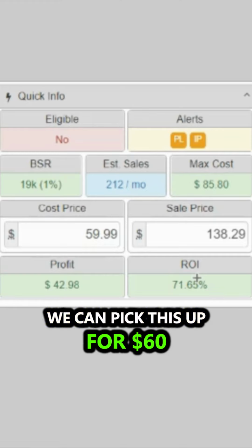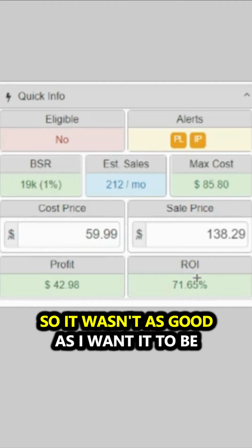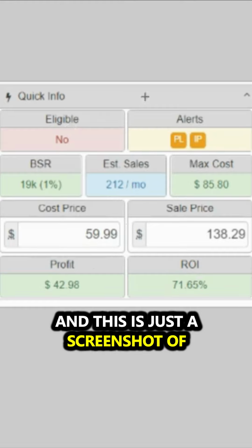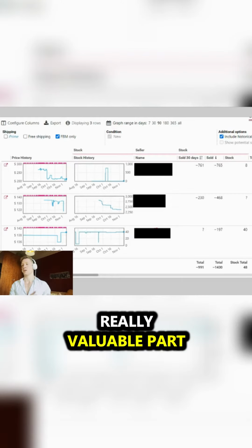We can pick this up for 60 bucks. So I actually ended up making, I think, $30 profit on each of these. So it wasn't as good as I wanted it to be, but I sold out pretty quickly. And this is just a screenshot of Seller Amp. This is just showing the profit analytics, but this is a really valuable part that I want you guys